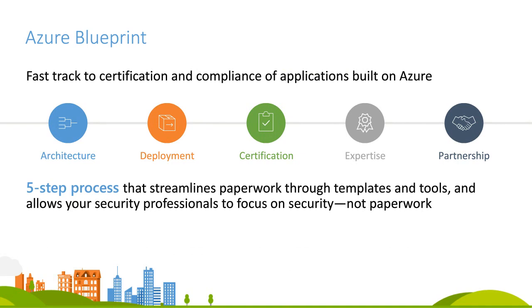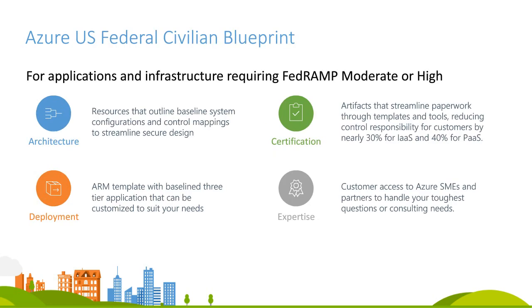Understanding that not all organizations have the same budget and expertise that Microsoft does to approach this problem, to get those 54 regimes and counting, we developed a program that we call Azure Blueprint. It is intended to assist our customers with achieving security and compliance when they build on top of Azure. And we work across the 5 pillars outlined here. On the next slide, I'm going to run through examples of what we have available and coming very, very soon in the federal civilian market.